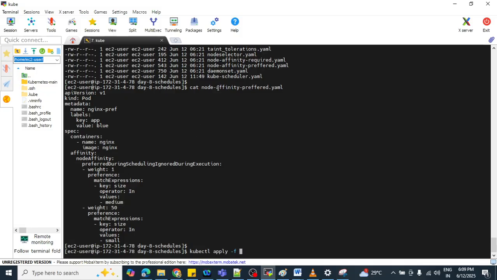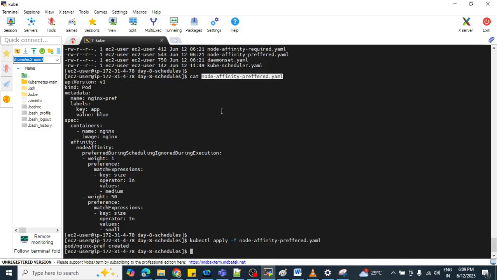You can run it now. Ideally, it should be in running state because we haven't put a label on any of the nodes. So this pod should be scheduled on any one of the nodes.